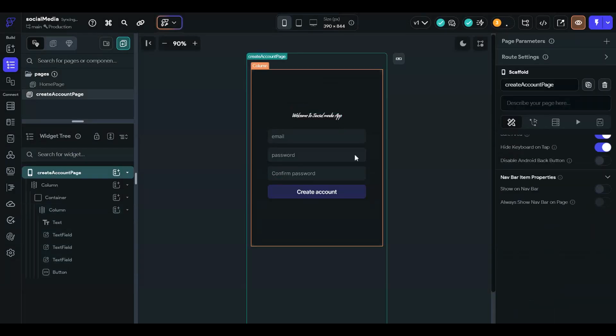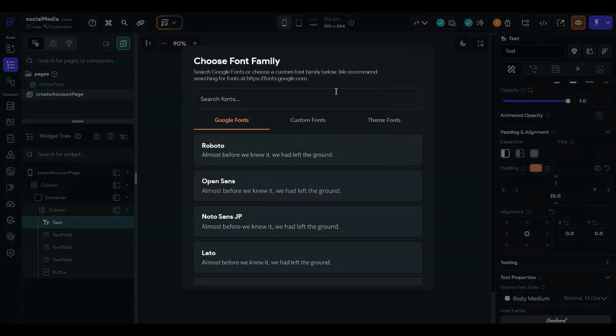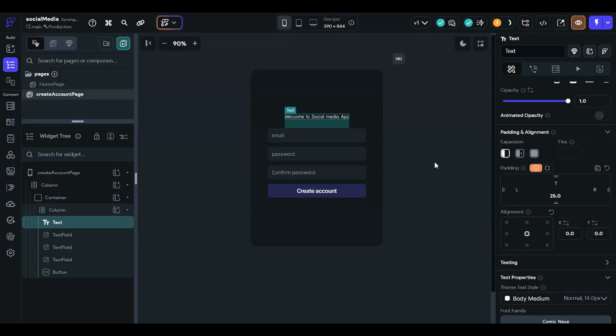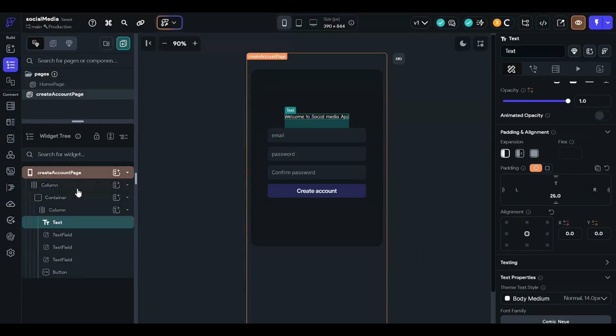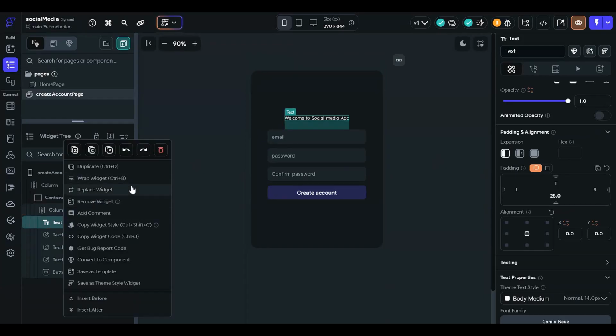Choosing a good font in the first page or the landing page is very much necessary so the users get attracted and it gives a good impression at the first place.